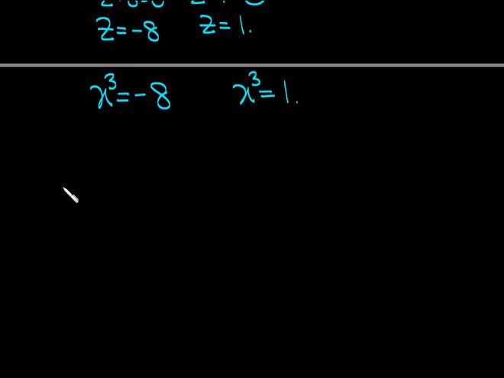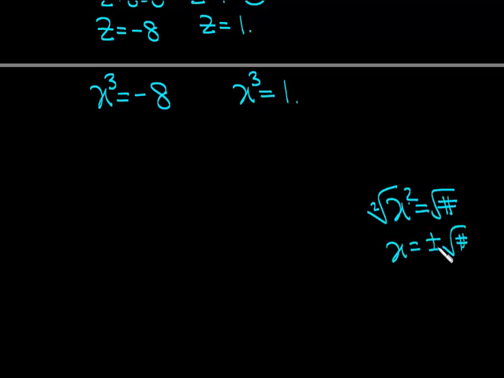Now how do I solve this? Well, if I had x squared is equal to a number, what did we do? We introduced square roots on both sides because we did the opposite of a square, which is a square root. The index is 2. So we got x is equal to plus or minus square root of that number. Remember to introduce plus or minus with even roots. In this case, because it's a cube root, I don't have to worry about the plus or minus, but I